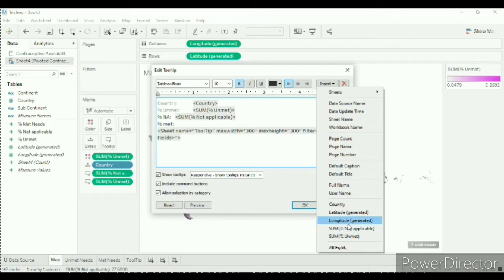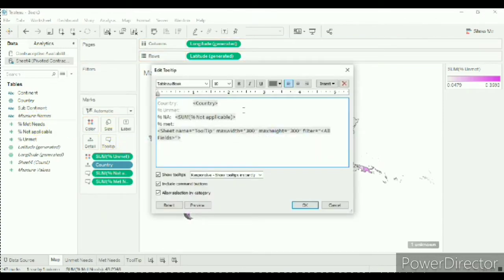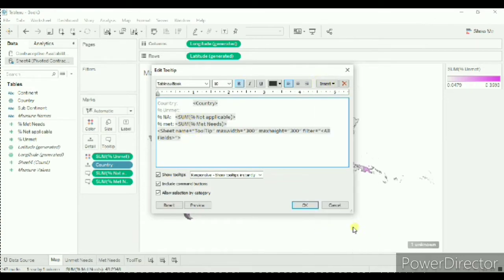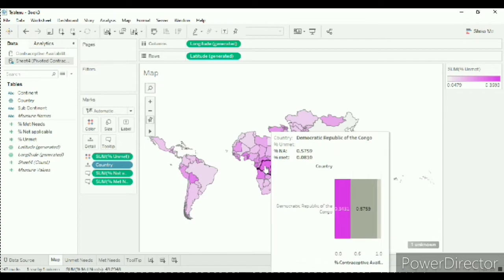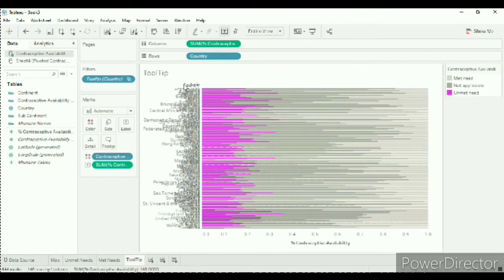We have to drag it in the view. So for now we'll select OK. Remove the percent unmet. Drag percent met needs to the tooltip. Insert. OK. Now you can see in tooltip you can see the viz and the data both.